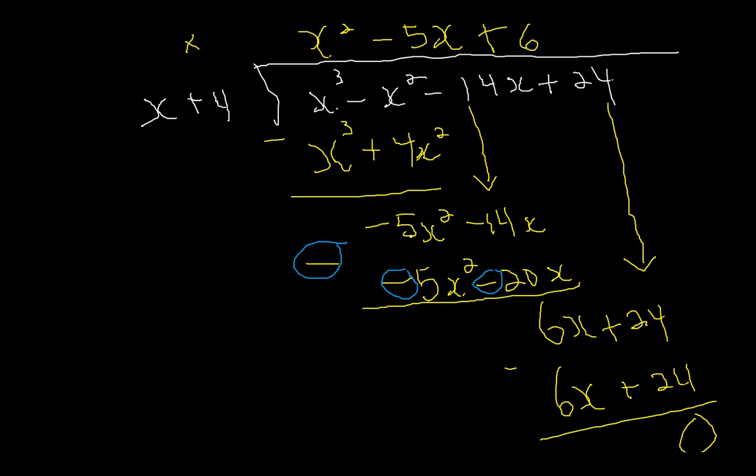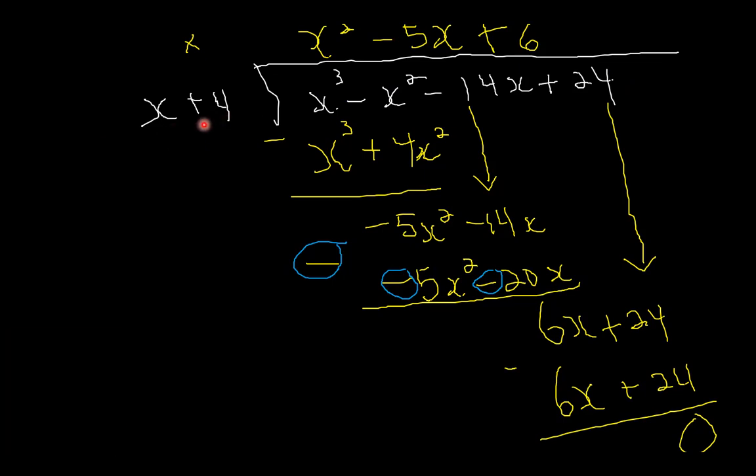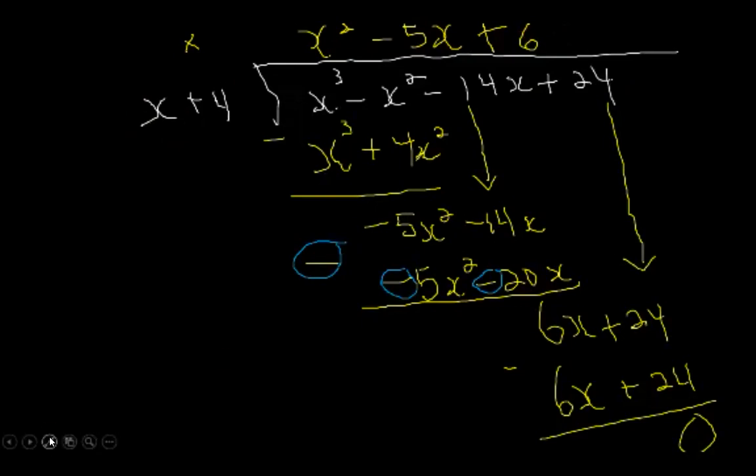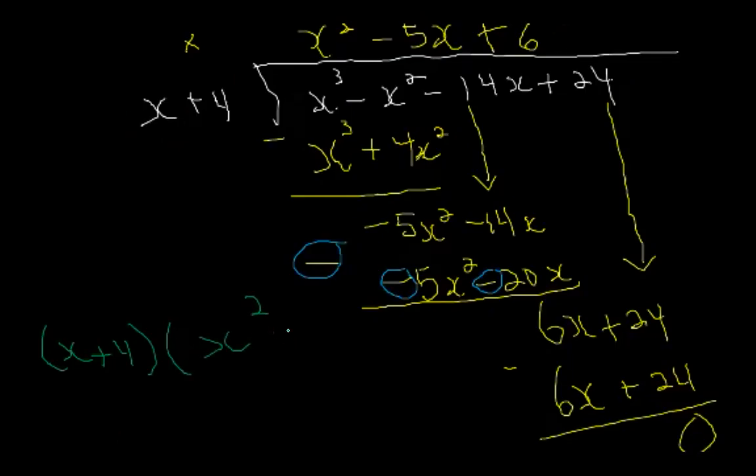So back to the question, what did they ask me to do? They wanted me to find all the linear factors of this polynomial expression here. Both the divisor and the quotient are factors, right? So that means this is a factor and this is a factor. They asked me for all the linear factors, therefore the factors of this polynomial are x plus 4 and x squared minus 5x plus 6. However,